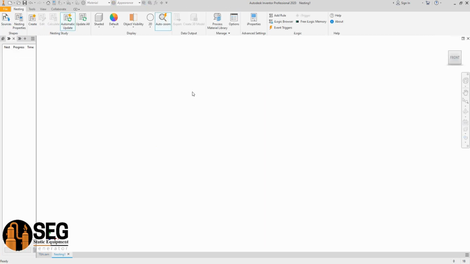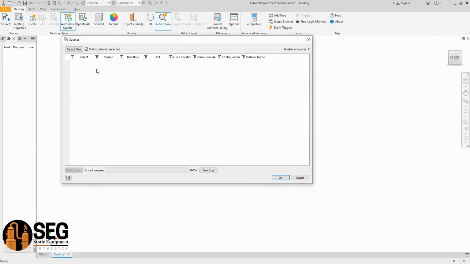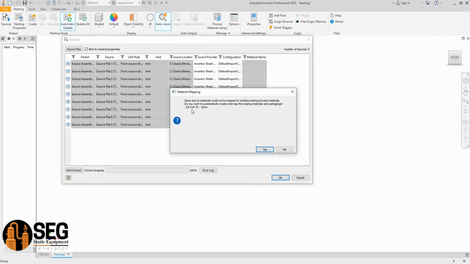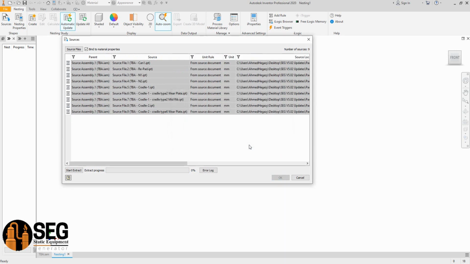And now the nesting tool will detect the items and compare the materials and thicknesses. So now the nesting tool detects that all materials are the same and all thicknesses are the same. Now we will click OK to accept the item, and the nesting tool is now creating the sheet metal